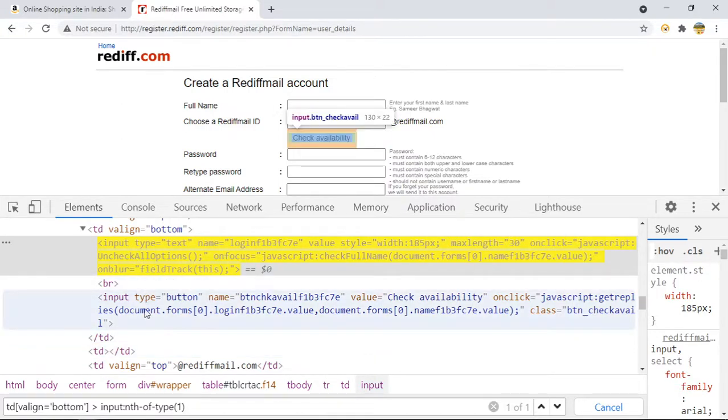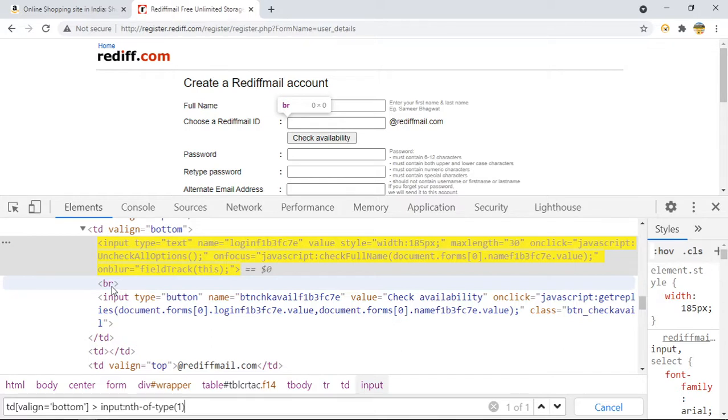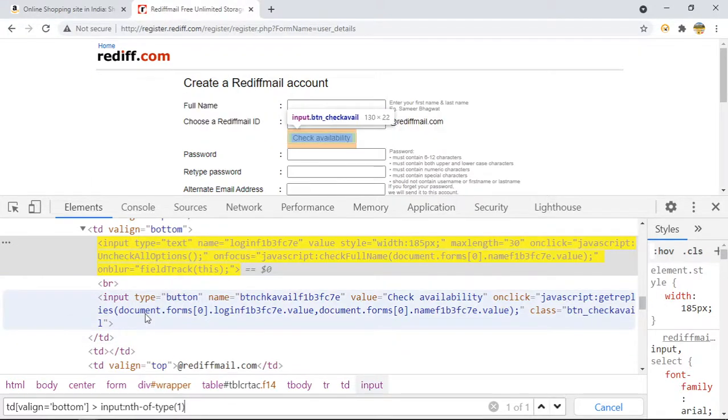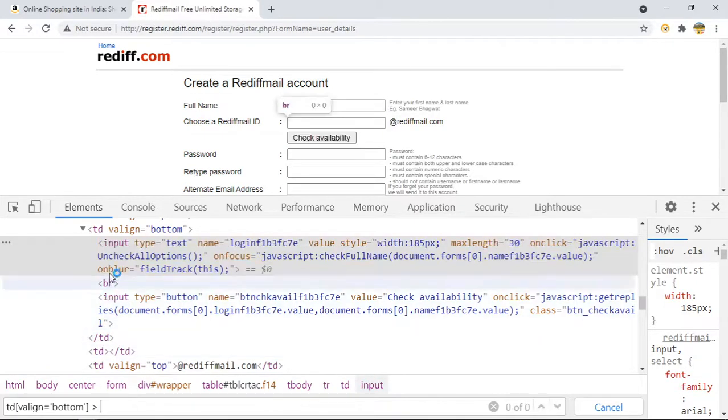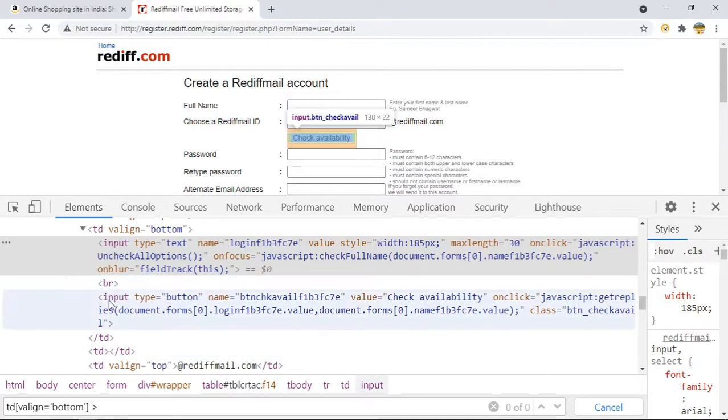This is the input tag, this is also an input tag. Okay, so I think there is one more tag which is br, that is used for changing the line. So I think this is the reason it is not giving you the result, because if you see from here to here, there are 3 tags: input tag, br tag, input tag. So this is the reason it is not giving you children to children. So suppose I am on this children, and from this children I want to move to this one, I can say plus input. If I try,